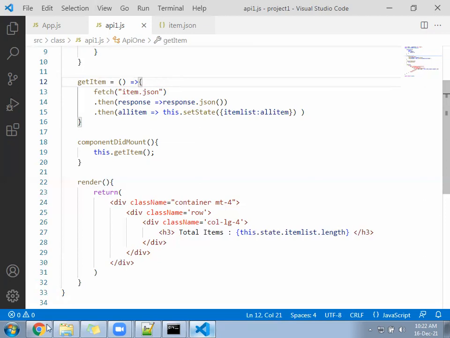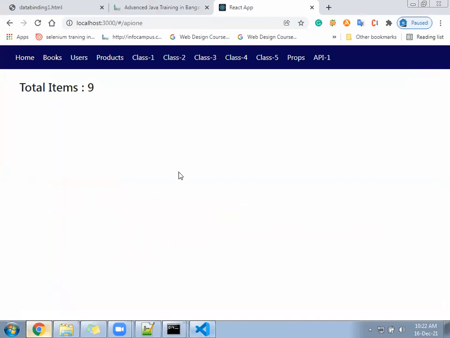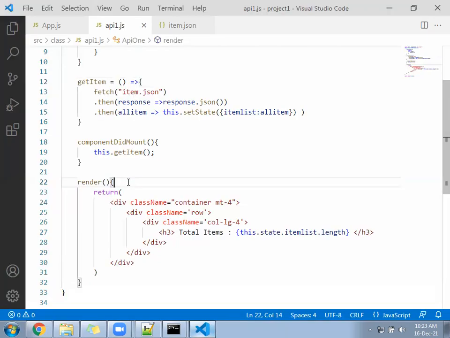Total how many? 9. 8, 9, 6, whichever you have, that should come in your browser. Okay, let's go next. So here you got the length.